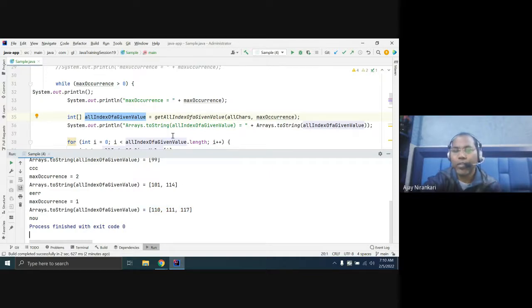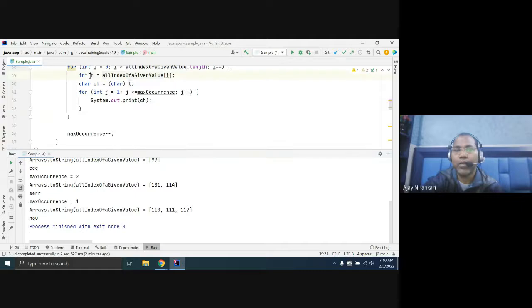Okay. So let us print. Let us get the element, typecast it to a character. This is the character, we are getting n. How many times does the loop run? 1 to 1 only, because I have only one occurrence. Just print 1. Next, get the next element. Print only one time. Print only one time.